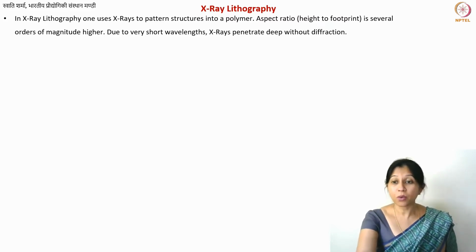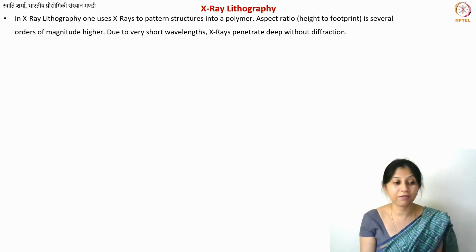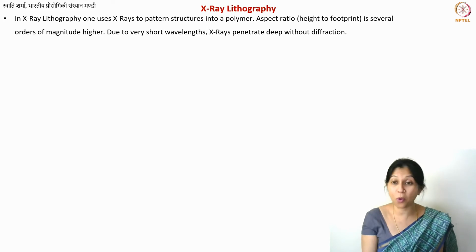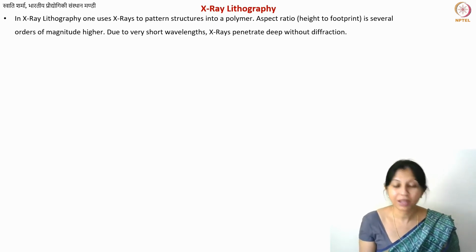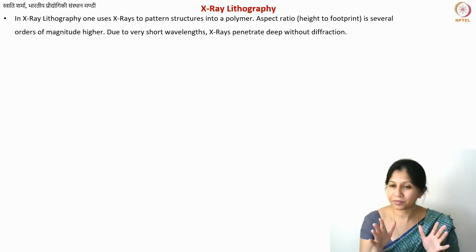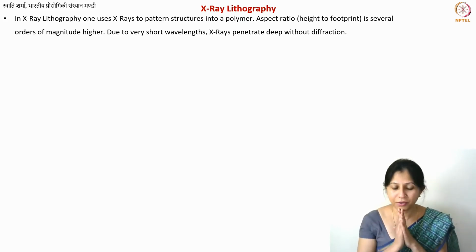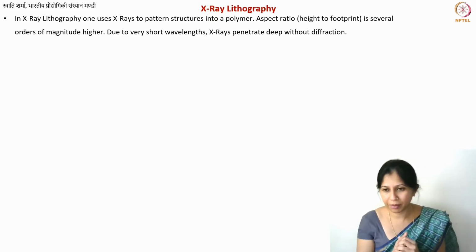Okay, so one important, very well known lithographic technique, in fact the one that was used even before photolithography, is known as X-ray lithography. So you can imagine what we are doing here. Rather than using the UV light, we are using X-rays. The rest remains the same. What will change? If you think about it, spin coating remains the same.